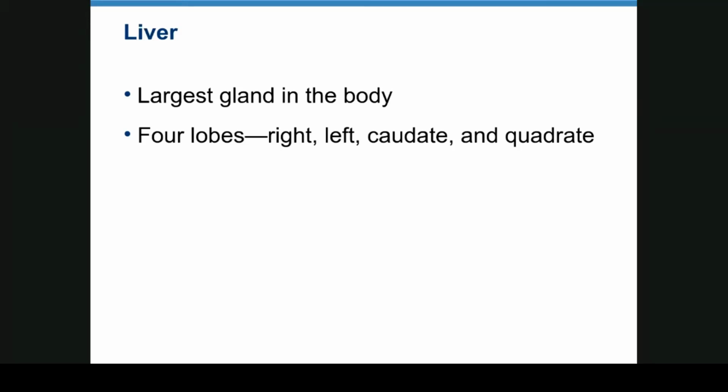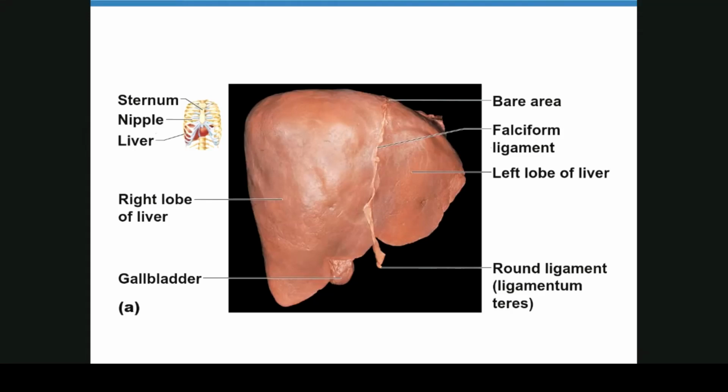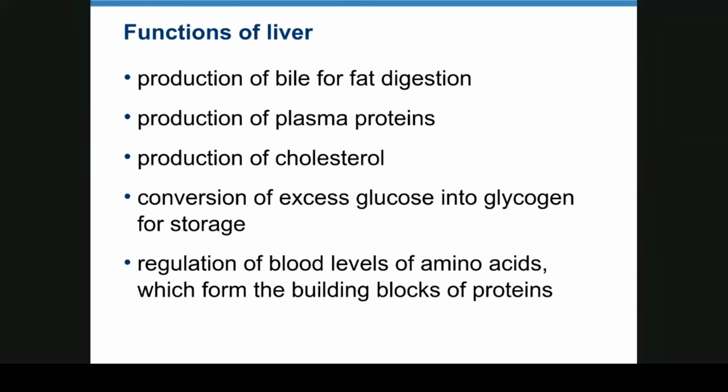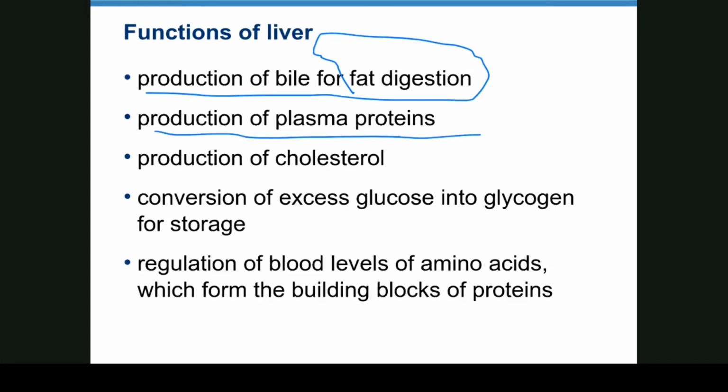The liver is the largest gland in the body, with 4 lobes: right, left, caudate, and quadrate. That's a picture of the liver, and there's your little gallbladder there. It would be green if it weren't dead. Functions of the liver: production of bile, which is essential for fat digestion. Also, bile contains the byproducts of breakdown of the red blood cells. Okay, production of plasma proteins, production of cholesterol, conversion of excess glucose into glycogen for storage, regulation of blood levels